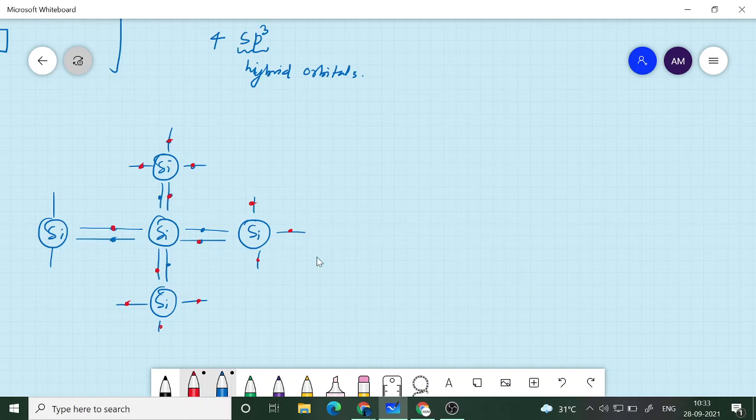So when this bonding is created, it minimizes the energy, and the length is determined by the optimum length where you minimize the energy. If you go nearer, that means a smaller tetrahedron, the energy increases, so it cannot go closer. If you go away, that will also increase the energy. So there is a minimum of energy where the bond length is defined.